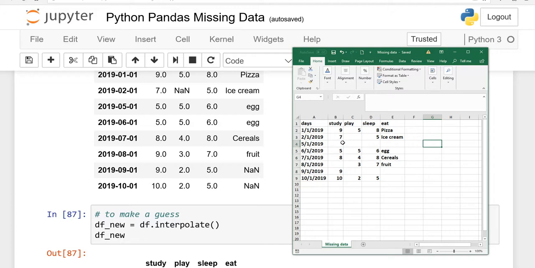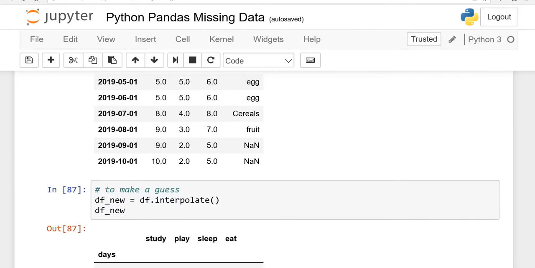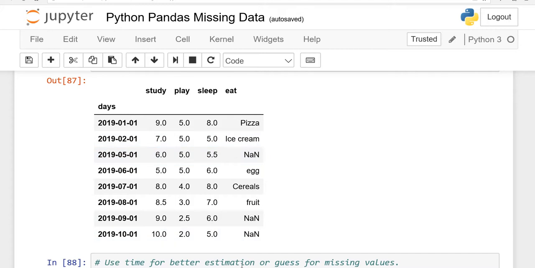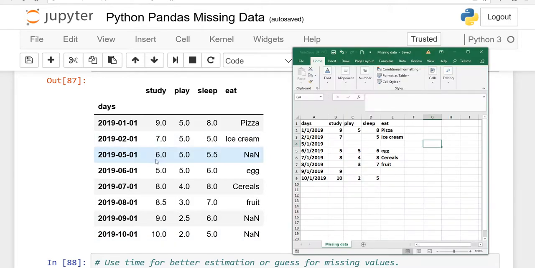So it will estimate, the system will make a guess only with interpolate and blank parentheses. So it will see, okay, 9 hours, and then second is 7 hours, so maybe it will put 6 hours here. So I will show you. So interpolate function without any parameter will make a guess, and see here it says 9, 7, and then it made it 6 hours here.